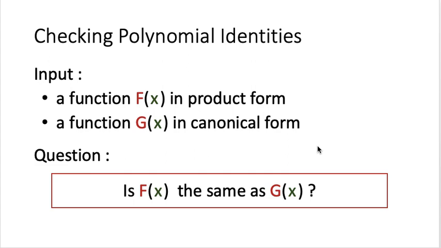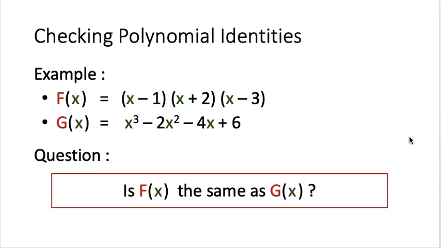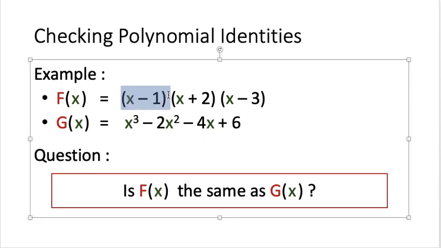So what is product form? What is canonical form? So this is an example. The product form is to write the polynomial in terms of the product of these monomials. So f of x here is the product of the three terms, x minus 1, x plus 2, and x minus 3. And then g of x is the traditional form. So this is called the canonical form, when we expand the function so that we get